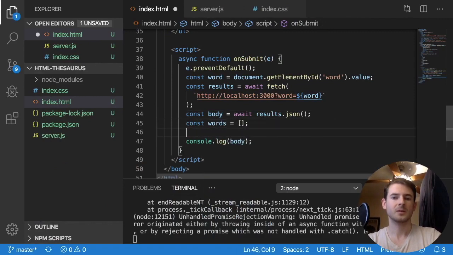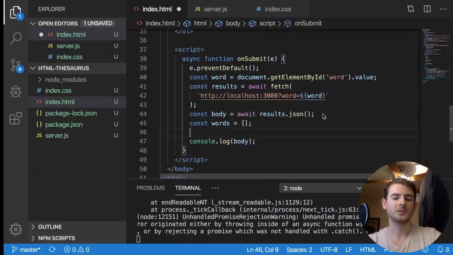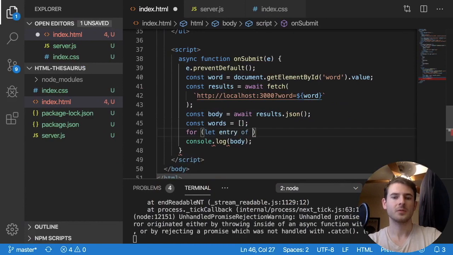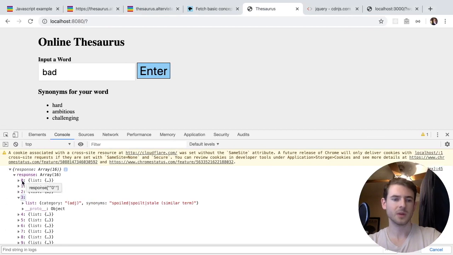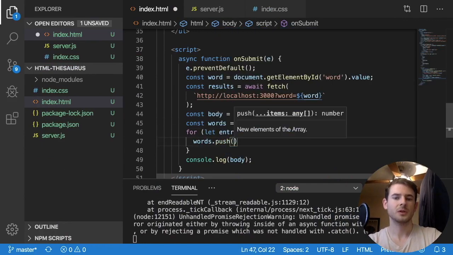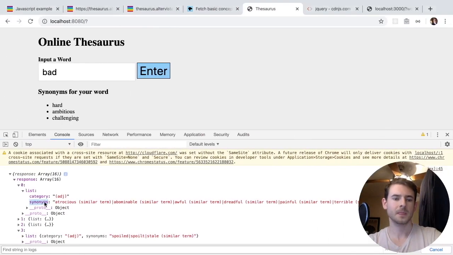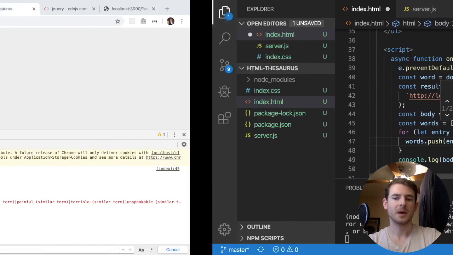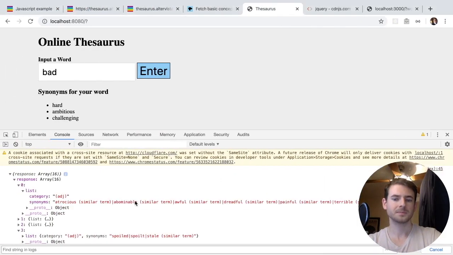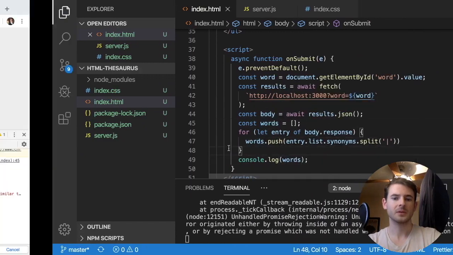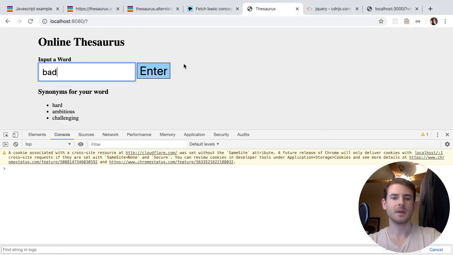So let's just make an array of words, and I'm going to loop through that response. So I'm going to say for let entry of body.response, I believe it said, or is it results? Response. And each one of those has a list. So I say words.push entry.list.synonyms.split on the pipe, because there's a bunch with pipes, and that should give us a bunch of different words here. So if I print that out and refresh my page and type in bad again,